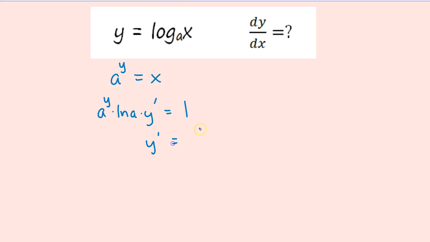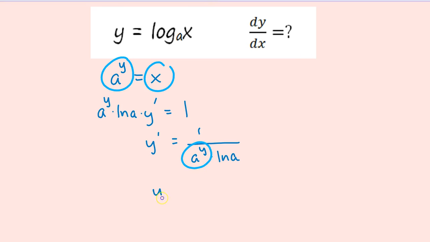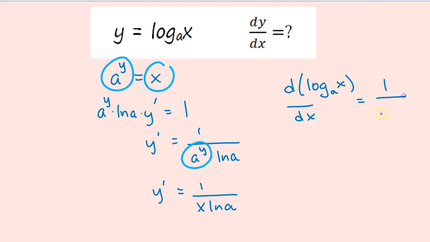Isolate the y prime, divide by a to the y and divide by natural log of a, and then replace a to the y with x right here. And that gives us y prime equals 1 over a to the y. Oops, I was replacing that, wasn't I? 1 over x natural log a. So that means that the derivative of log base a of x with respect to x is 1 over x